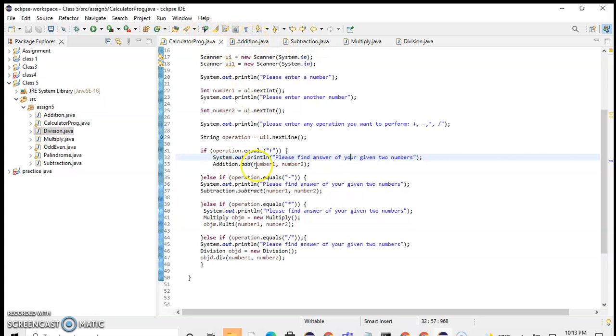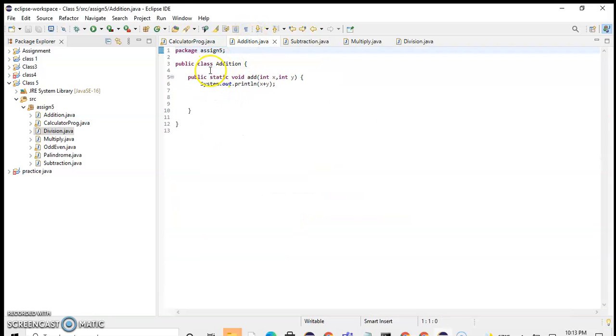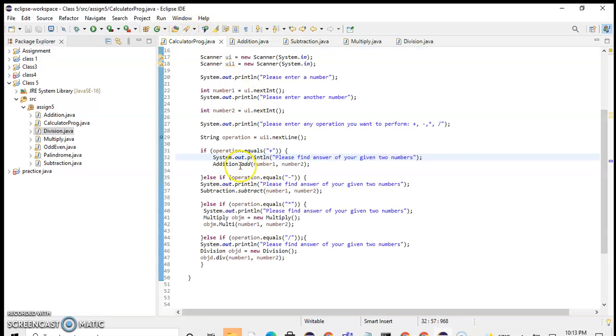I have to call the class and the method from here. This is the class Addition and the method is add. It has two values x and y and prints x plus y. So I'm calling this class and method here: Addition.add, and these are the two numbers, number1 and number2.